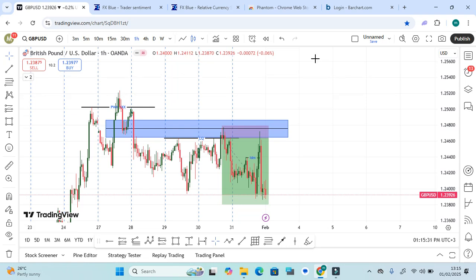So I would like to take you through this GBP USD pair, basing the buyers on a bearish market structure or price action, because the secret here